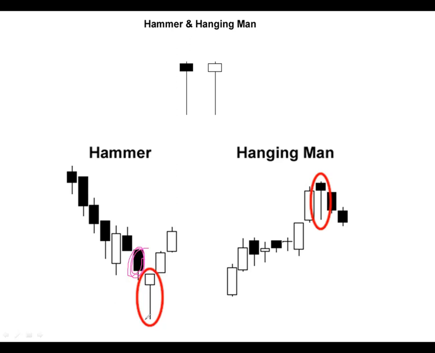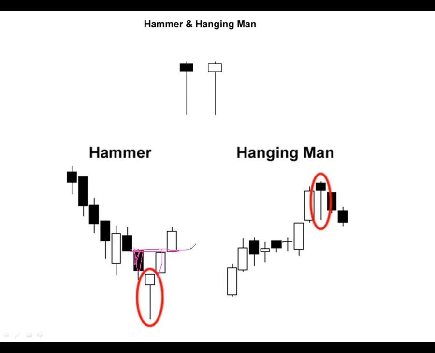So the last point is saying that for you to gain the confidence and say that indeed the buyers have taken over after the hammer, you need to see a candle that will close above the previous sell candle. So if you look at it from that angle, this was the previous sell candle. You need the buyers to close above the previous sell candle, which will be at this